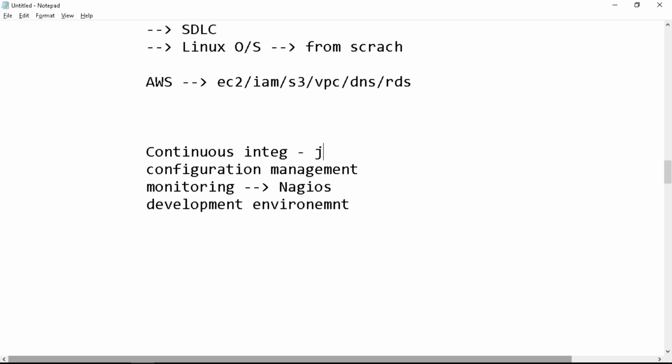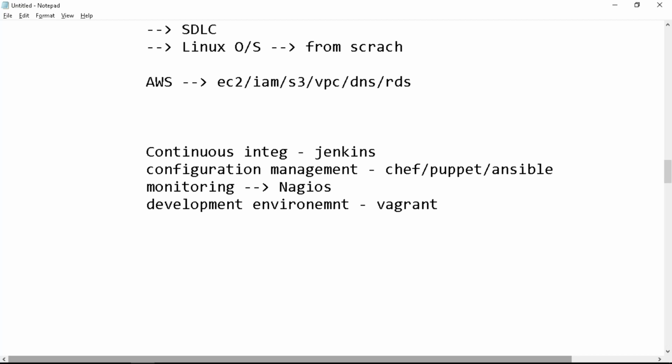For continuous integration we have tools like Jenkins, and for configuration management we have Chef, Puppet, Ansible. And for this, we have a tool called Vagrant. This is for creating a lab, right? Let us say you want to practice some tool. How do we practice? Either we should go to a lab in an institute or we should have